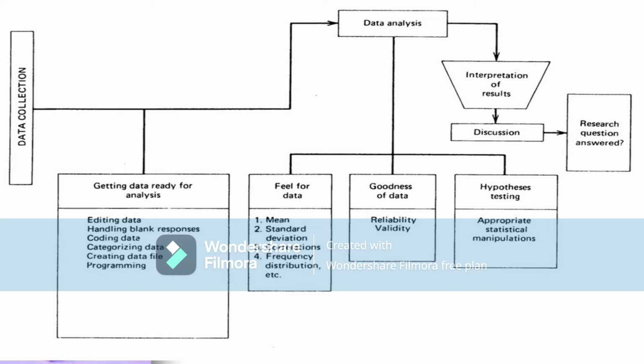The data analysis consists of basically three main areas, based on three elements. First, feel for data. You have seen in the box: feel for data, goodness of data and hypothesis testing. When we talk about feel for data, it means mean and standard deviations, correlation, frequency and distribution of the variables. In the goodness of data, here we check the reliability and the validity of our data regarding our variables. And the last element of the data analysis is hypothesis testing,